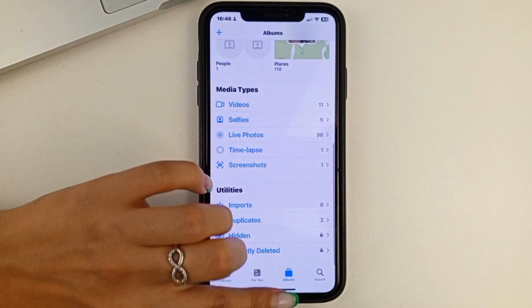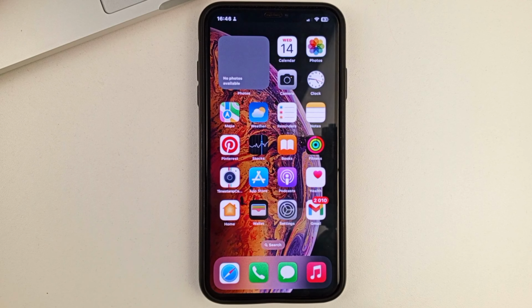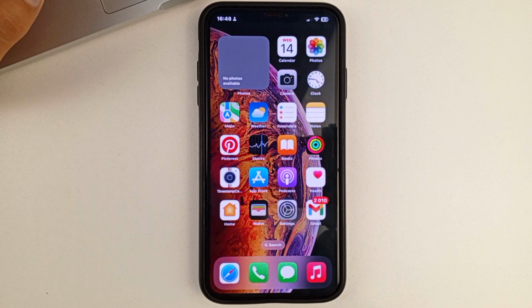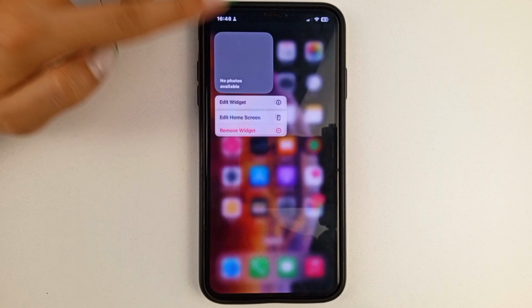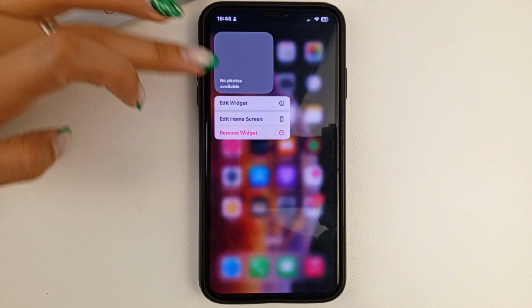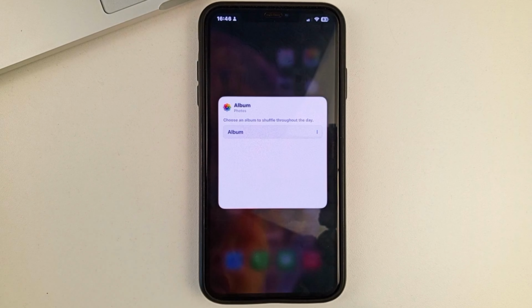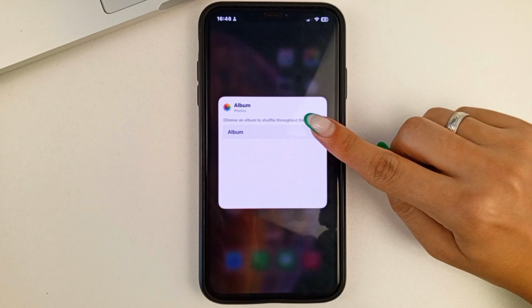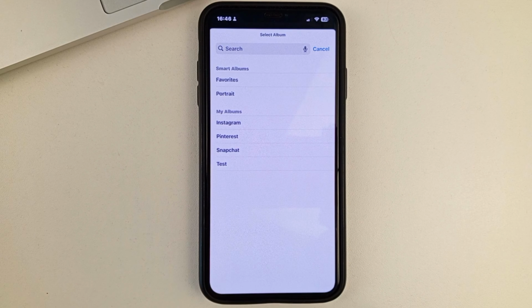After that, friends, you will need to go back out to the widgets on your home screen. Next, click and hold the widget. Select Edit Widget. And select Album here. To do this, click here. Next, select the name of an album you created earlier or perhaps one you just made and would like to add.